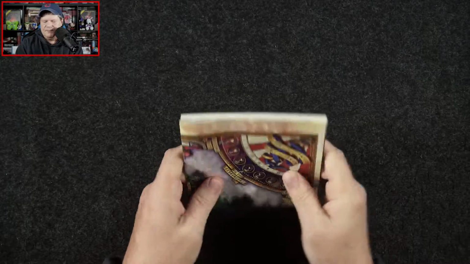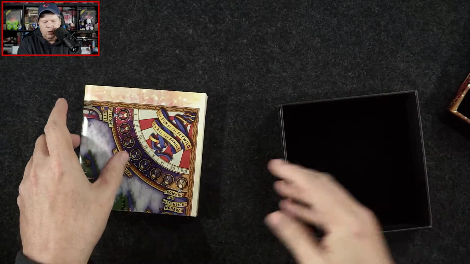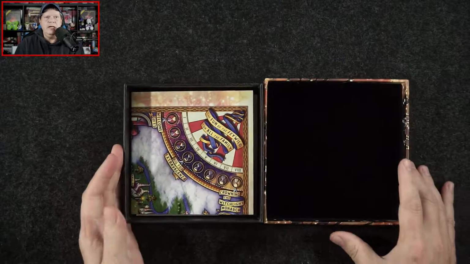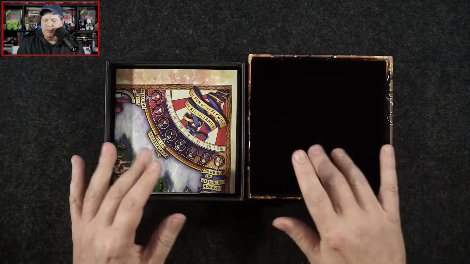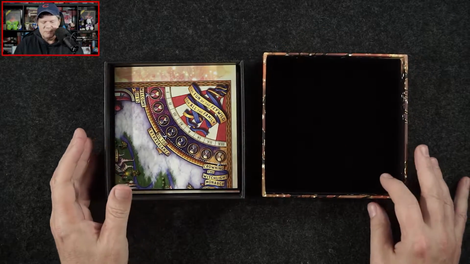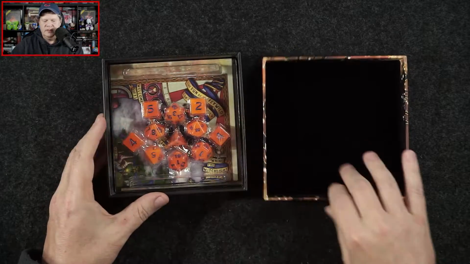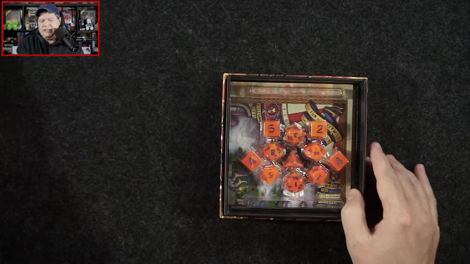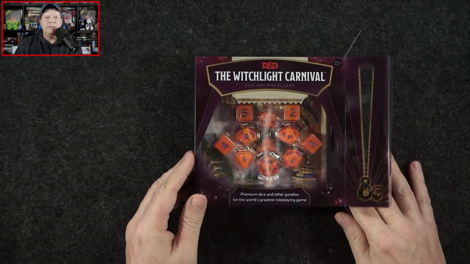We've got the map with the image on the back as well. And the tray, which you can use either or both because they're both felt. So you can use the top and the bottom as dice trays. And then, of course, we've got the set of dice as well. And that's what we find when we take everything from the Witchlight Carnival dice and miscellany